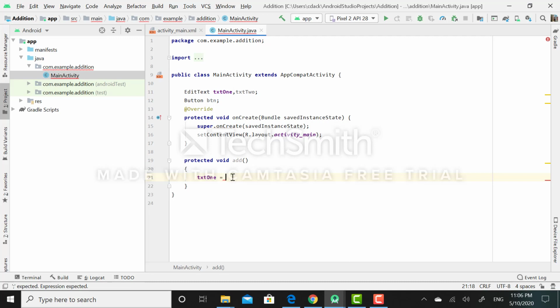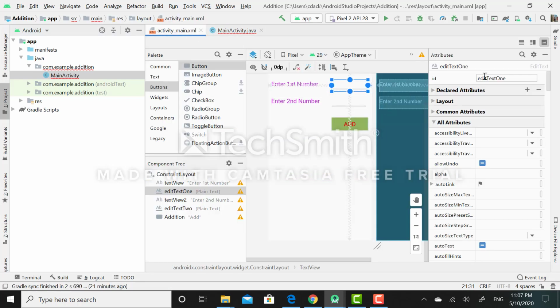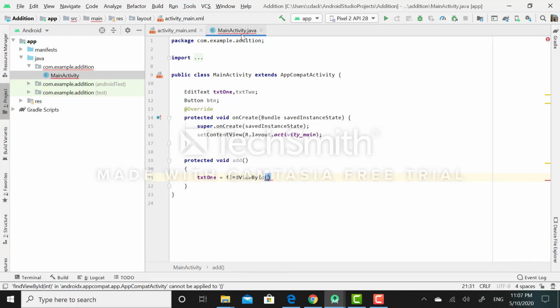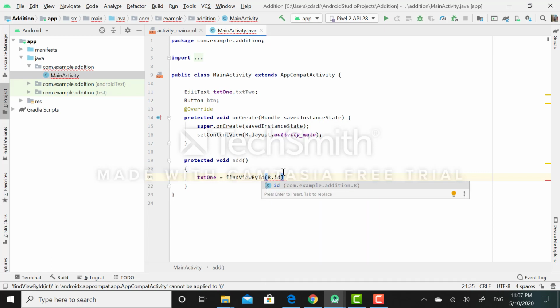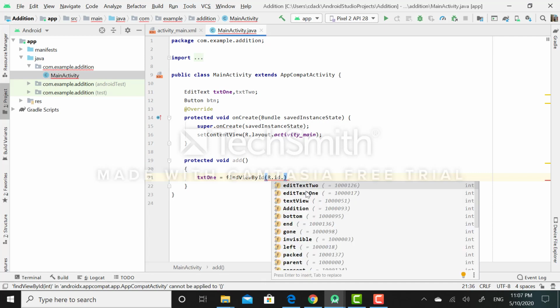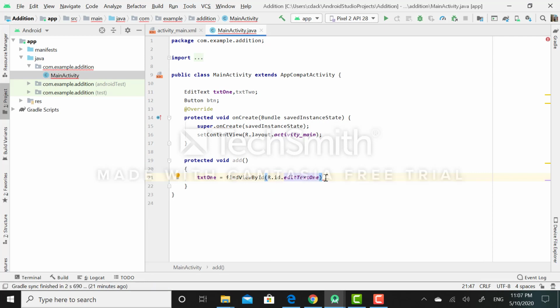How can I find the ID of this edit text class? For that purpose I need to simply call findViewById. In the R folder all the IDs have been set, so I will set the parameter as R dot id dot edit text 1 ID for the initial plain text widget.